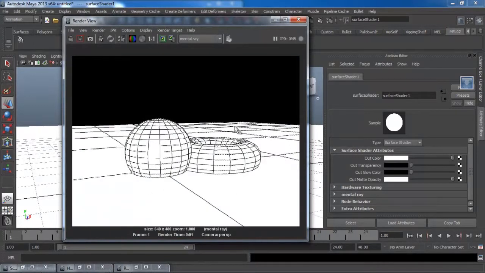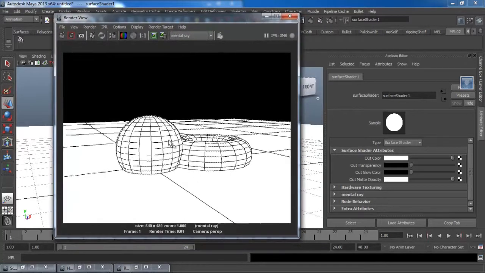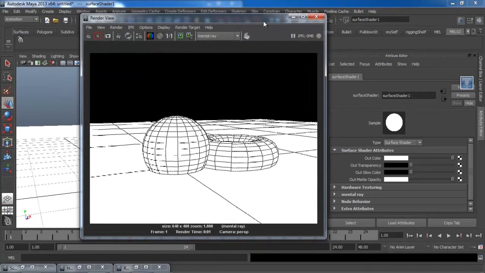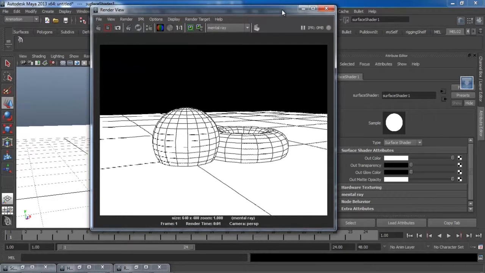So you can see in this way we can change so many settings as far as wireframe is concerned, and here is our wireframe. We can also apply ambient occlusion to it, but that will be in some other video. For now this is enough in wireframe rendering.